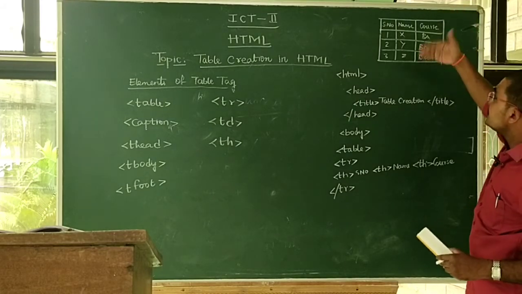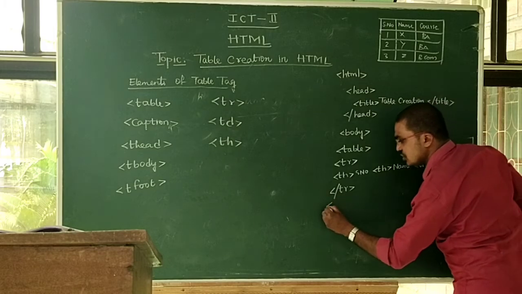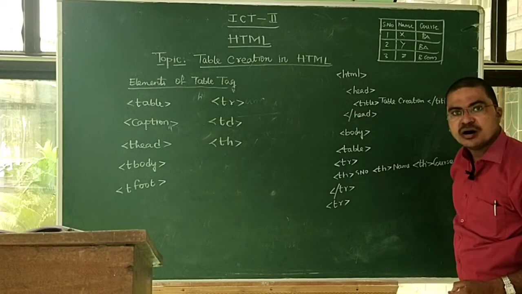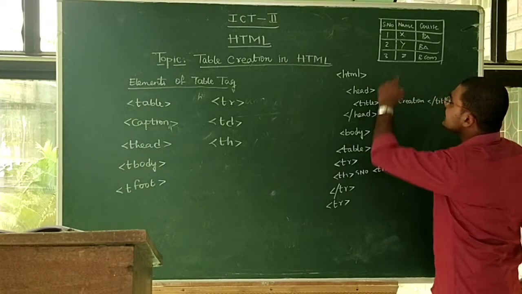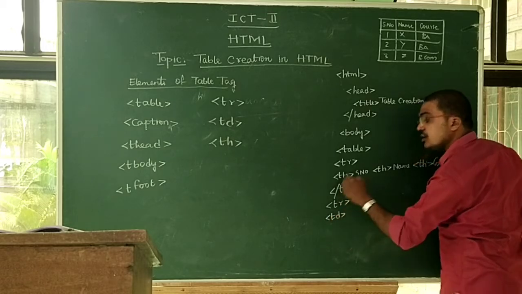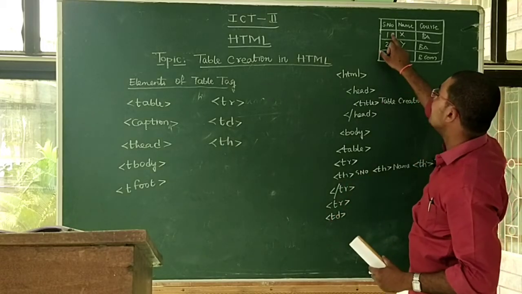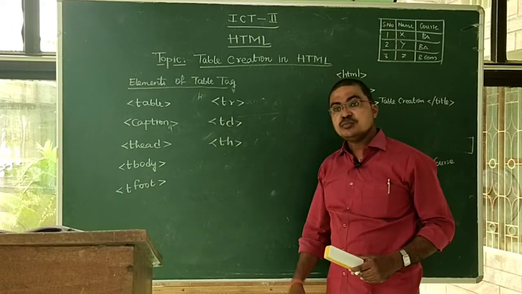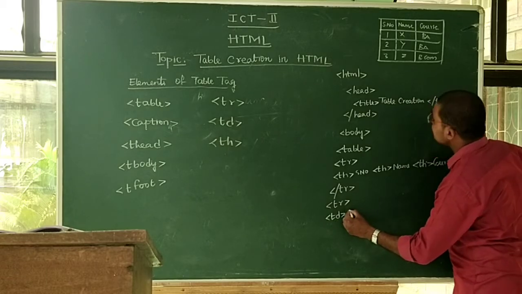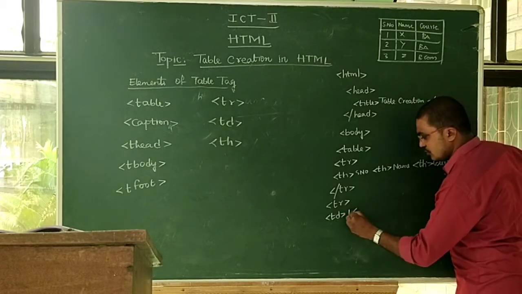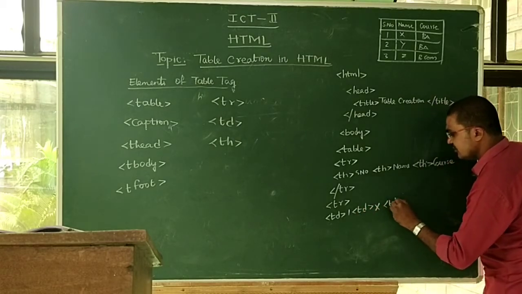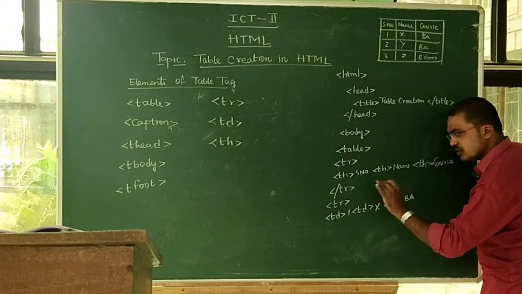Okay, then we want to start a second row. So again we use the tr, table row. Once the second row starts, we enter the table data td, not the table heading, because the heading appears only one time in a table, but data is repeated more times. That's why I use td. So td, what is the first table data? 1. What is the second table data? X. What is the third table data? BA. Now the row is complete.